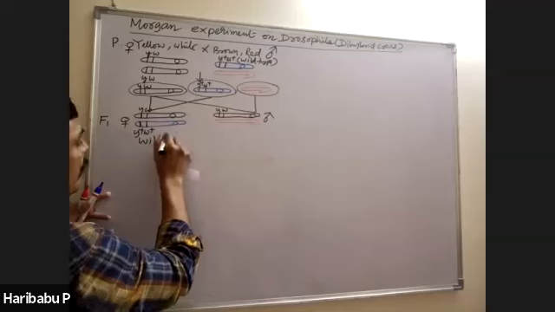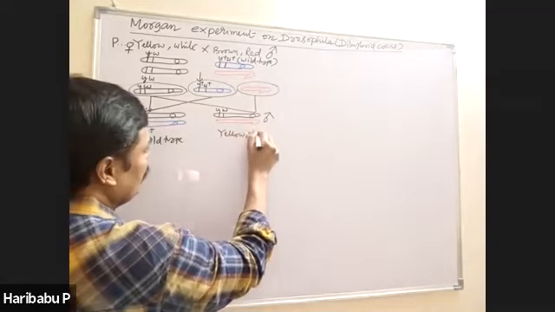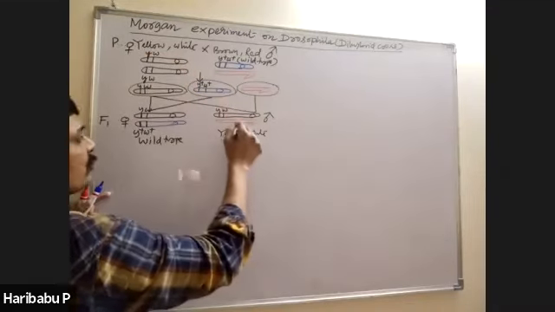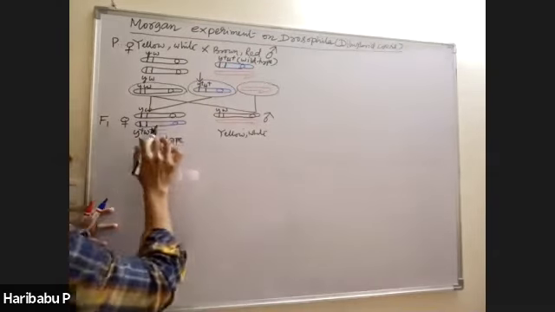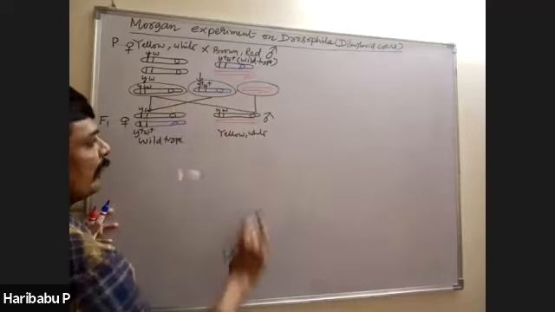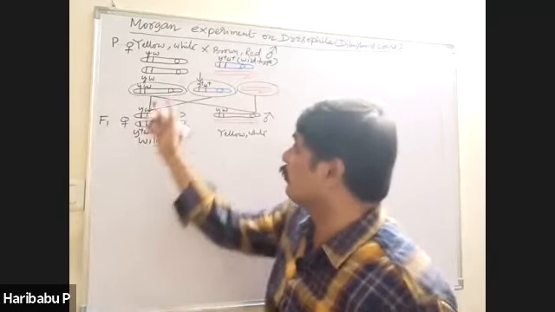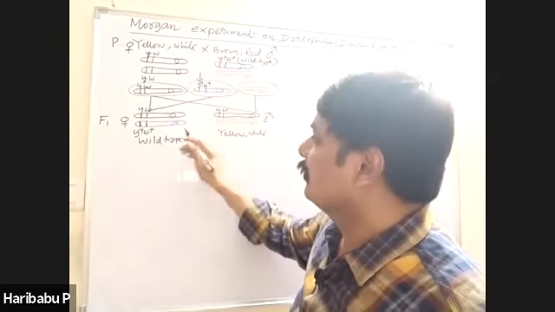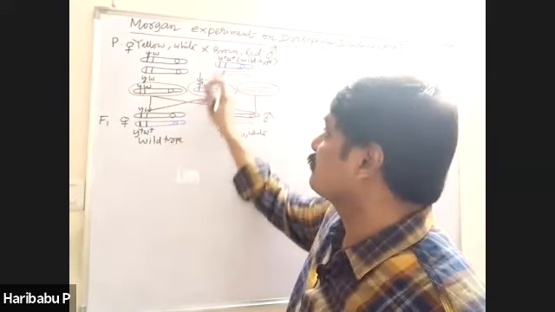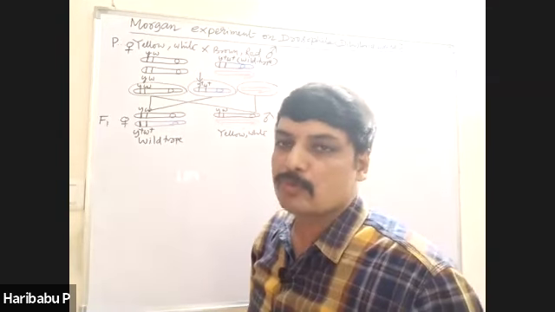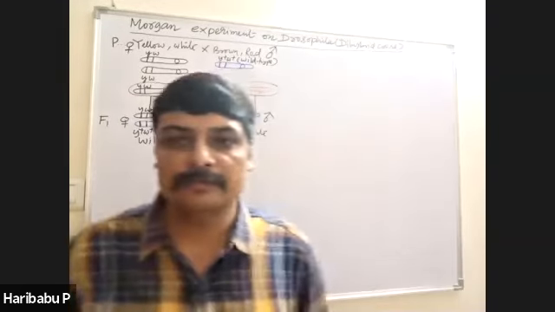You may write like this, wild type. And this is yellow white. So these characters are passed to this one. Okay, this is female become wild type, male is yellow white. So like that, F1 flies were obtained like this. I think you got it right. So very easy to understand. So immediately Morgan and his group knew that the genes controlling these characters were present on X chromosome. Therefore, they are called X-linked. And the inheritance is called sex-linked inheritance, right?